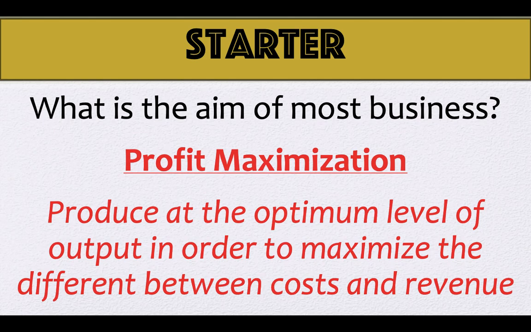So basically, average cost is at its lowest and price is at its highest, because remember, revenue is price times quantity. So that price and average cost, the difference between them is at its maximum. So therefore, we're going to make the most margin and the most profit from each unit. Okay, so pretty straightforward. Most private businesses' main objective is to maximize profits in order to retain as much profit as possible, to grow the business, and also to pay dividends to the shareholders to keep investors happy, okay?